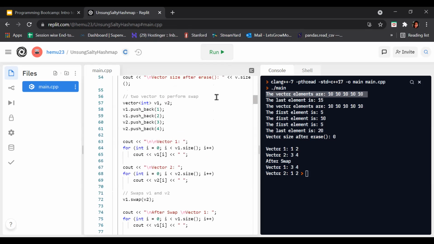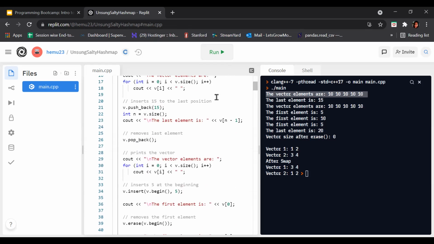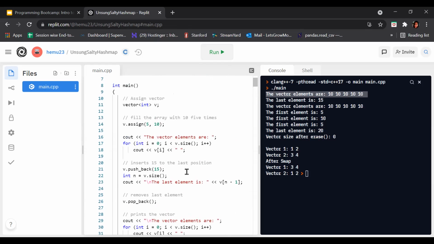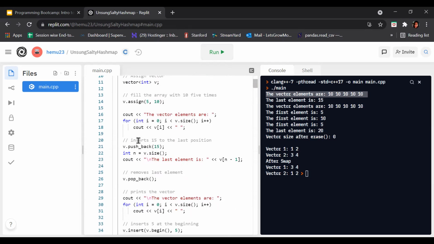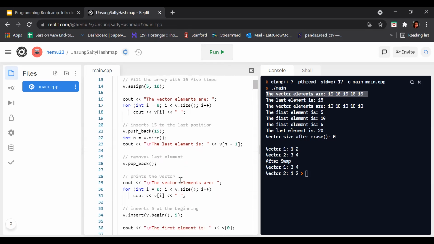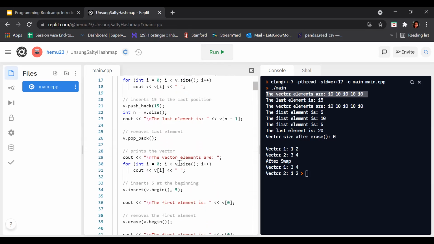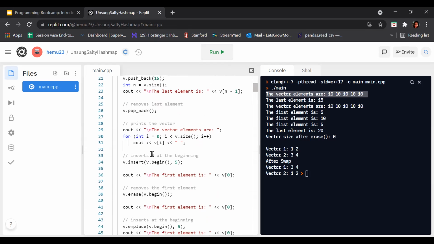So in this program, what have we done? We firstly assigned our vector. After that we inserted at the last position, and after that we removed the last element, and again we printed the vector elements. After that we used insert.